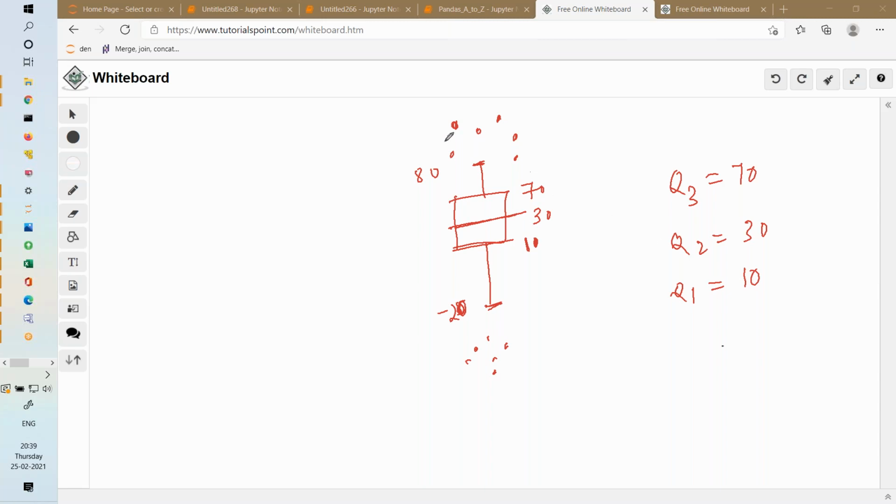Now, all of these points that you see are outside of the IQR range, 1.3 into IQR, outside of this range. That's why these are called outliers. So if you remove the outliers, whatever points are remaining within the boundary, whatever is maximum, that is the maximum. Whatever point is minimum, that is the minimum. So I think you are confused with this whisker. Whisker is nothing but this line, right?